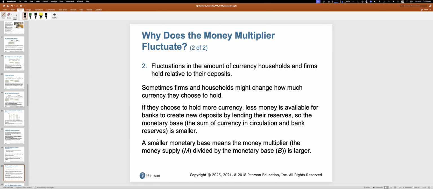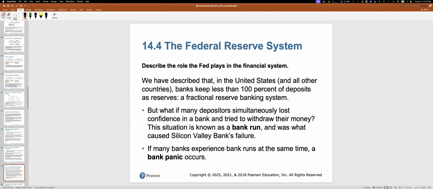As well, what that could mean is that households might find that it's more difficult to get a loan, for instance, and so it might be harder for them to help the economy grow by simply just spending more money. So what we see here is that the money multiplier, the amount that fractional reserve banks create in the money supply, this is fluctuating quite a bit and has gotten significantly smaller, at least, since the 2008-2009 financial crisis.